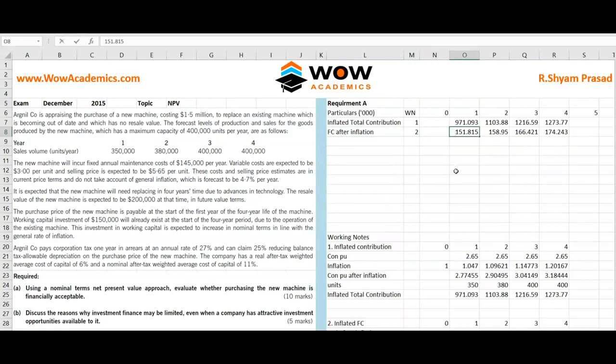But these are negative numbers, so you can put a minus symbol, so that it's easier when you add them together. We'll view the profit before tax. So profit before tax is very simple. You add both the numbers,